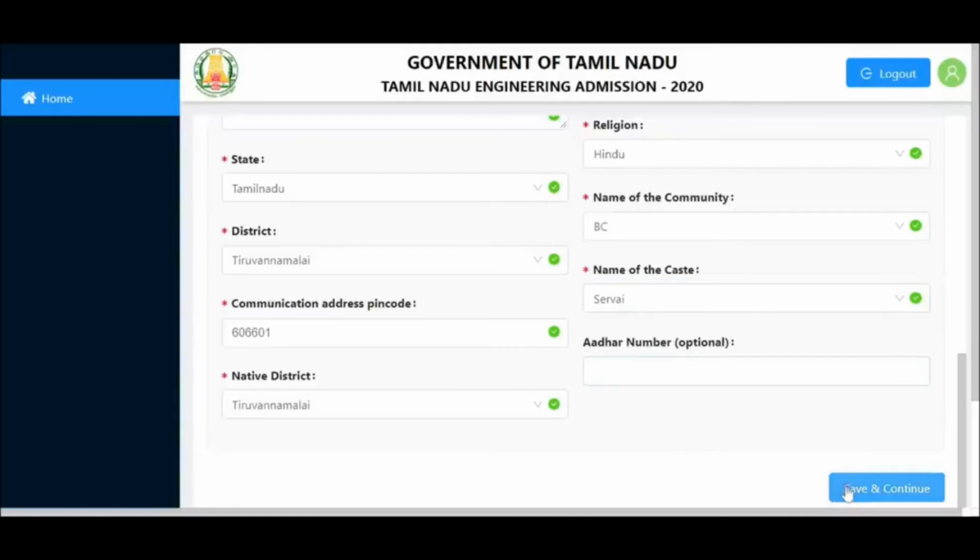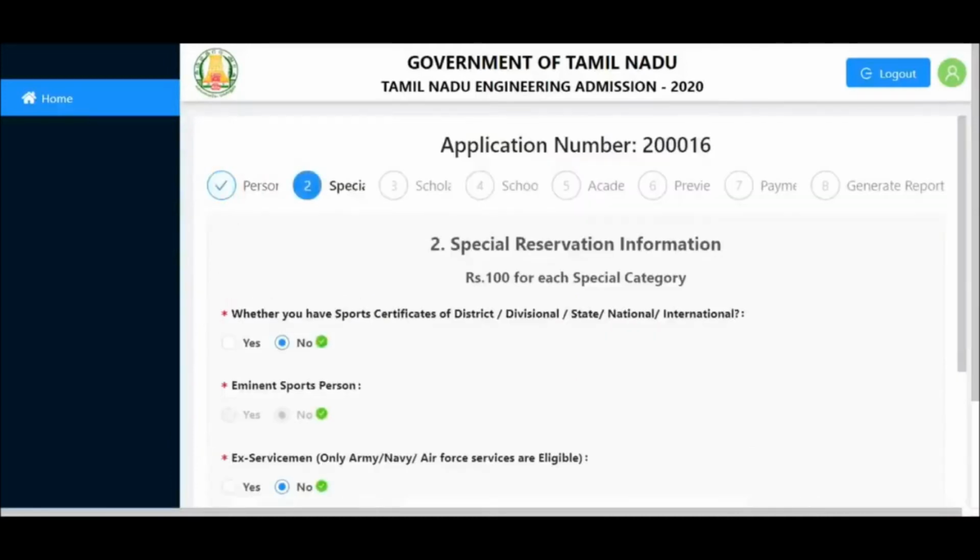continue. Next, this category is for people who are coming under the sports category, disabled category or ex-serviceman category. So such people have to fill this page. Also, if you belong to any of the three categories, you will have to pay 100 rupees extra. If you are coming under both sports and ex-servicemen, then you have to pay 200.